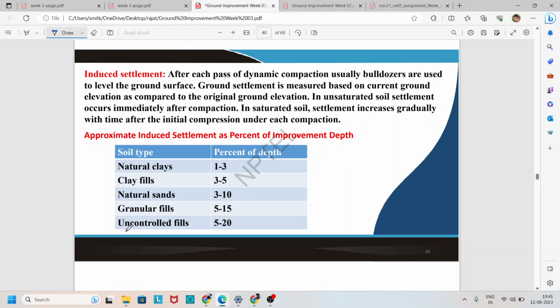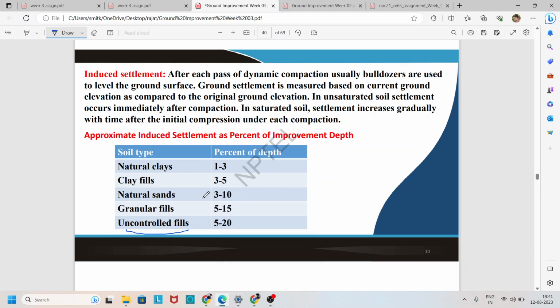For uncontrolled fill, the induced settlement is between 5 to 20%. That means it is high in nature because uncontrolled fill types of soil are highly compressible in nature. So it requires a high